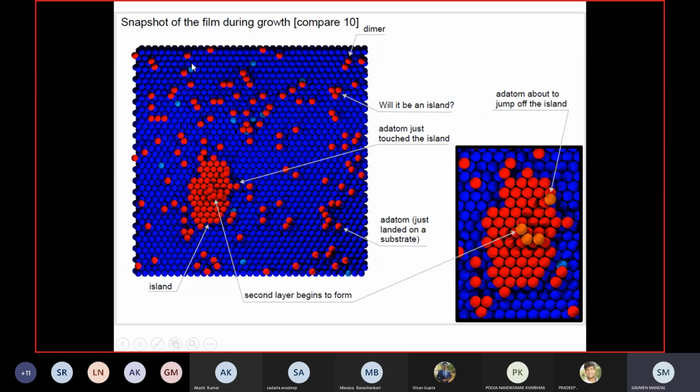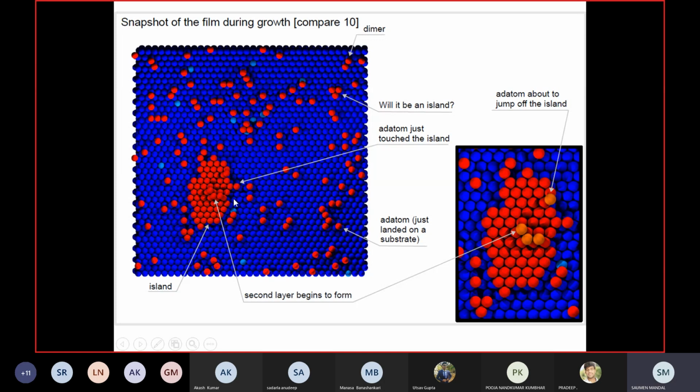So all the atoms are on the surface. Now, what will they do? They may form a new nucleus, a new embryo that may convert to a new nucleus, or the atom may join an already stable nucleus. So this projection shows how the thin film is growing. The atoms have come, and they will decide whether it will make a film.